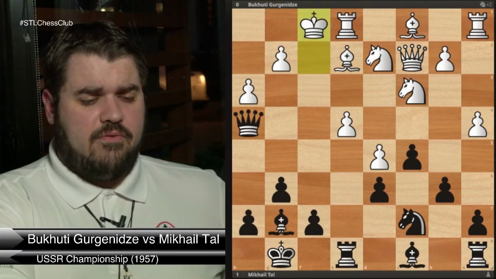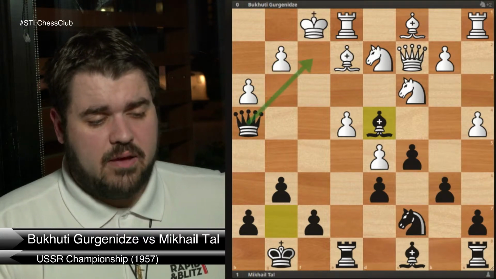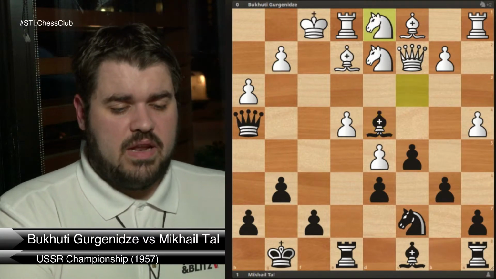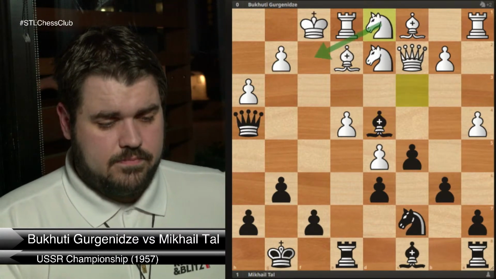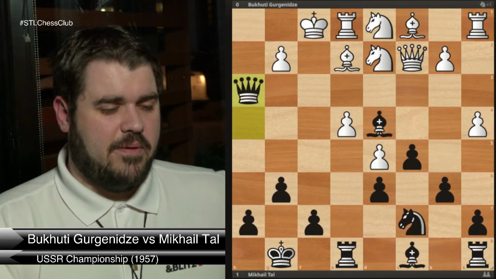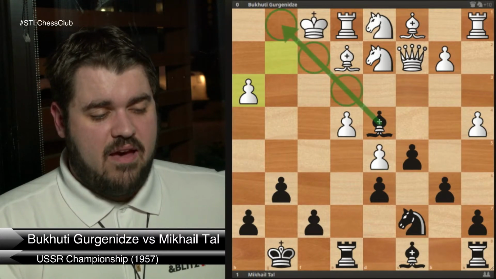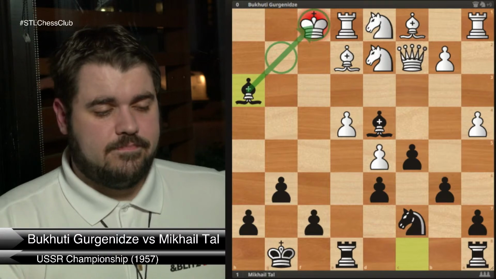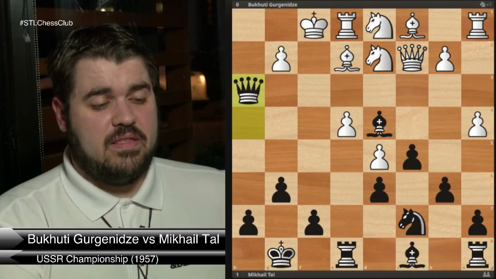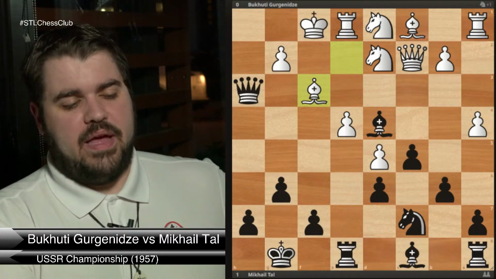So in the game, king to f1. Bishop to d4, threatening checkmate. The knight drops back to d1, defending. And now queen takes h3, a really beautiful move. If you recapture, then the bishops dominate everything, and it's checkmate. So that's really nice. In the game instead, white saw this threat and played bishop to f3, but Tal was